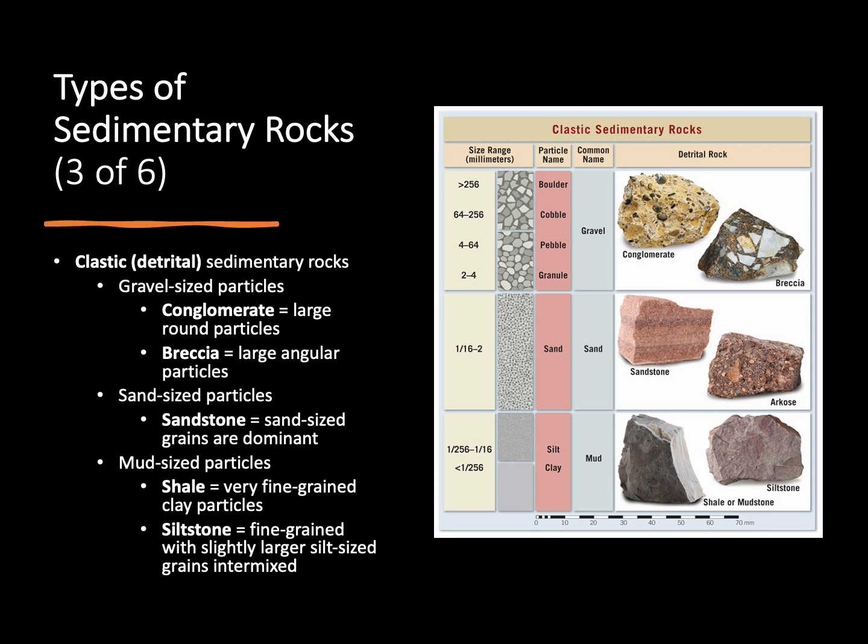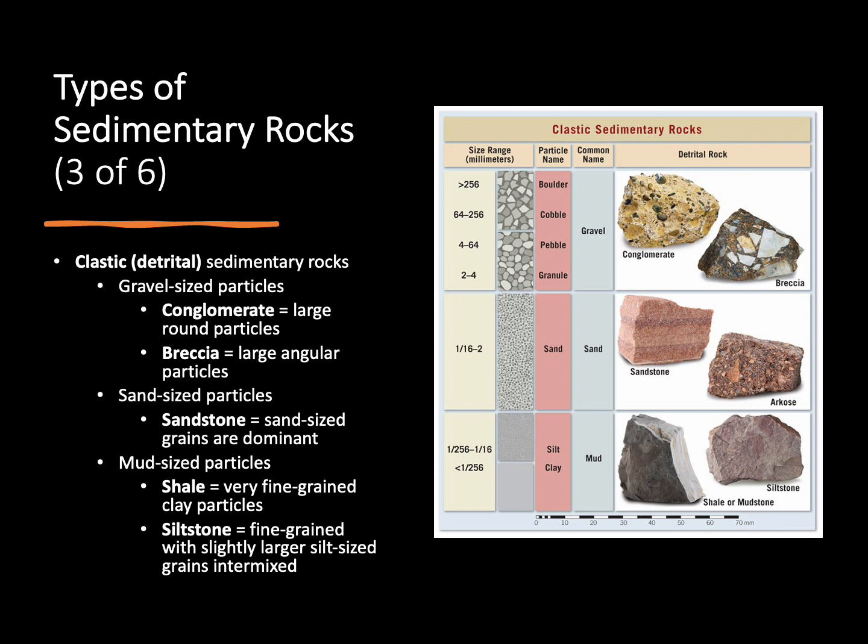So we're going to be able to break each of these clastic sedimentary rocks down and name them based on the size of the sediment particles inside of them. So starting off with the larger ones, we're going to have gravel-sized particles. So these, just think about like a pebble parking lot or a pebble road. We're going to have two different types of pebble size or gravel sized clastic sedimentary rocks, which are called conglomerate